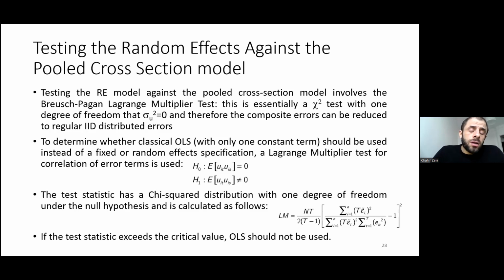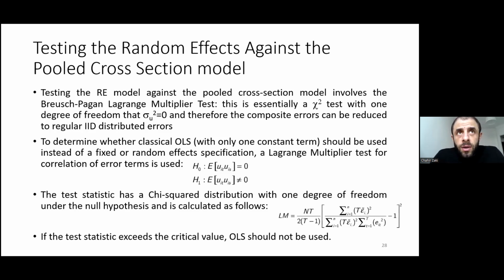And that's why testing for the random effects model against the pooled cross-section involves mainly the tests that deal with heteroscedasticity, such as the Breusch-Pagan Lagrange multiplier test. And while in the first test that we have seen, we use the F-test, here, in this case, it's essentially a chi-square test,